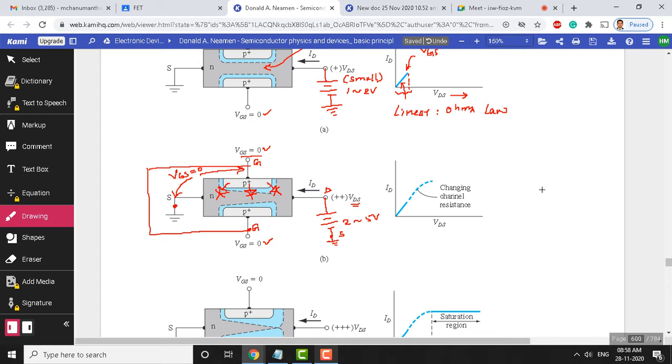It's like this. Suppose you have a diode here. This is a P type. The P region we have maintained at 0 volts, that is going to be the gate, and the drain region, you can see we are increasing the voltage at this point from 2 to 5 volts. So this has gone from 2 all the way to 5 volts. Now see what will happen to the depletion region.